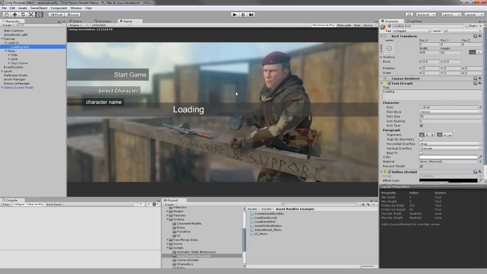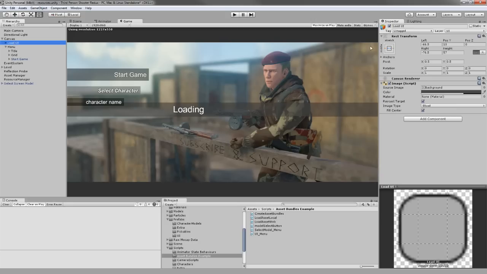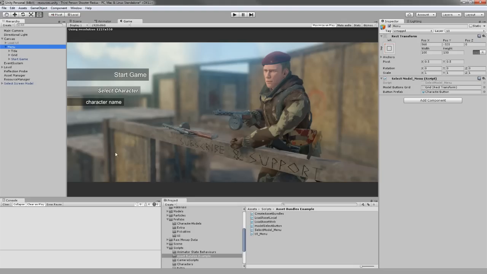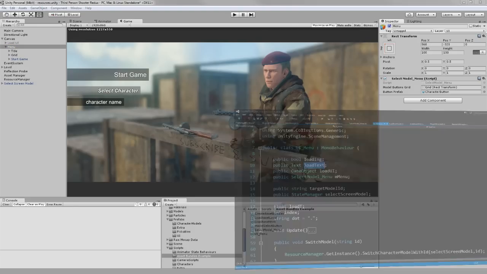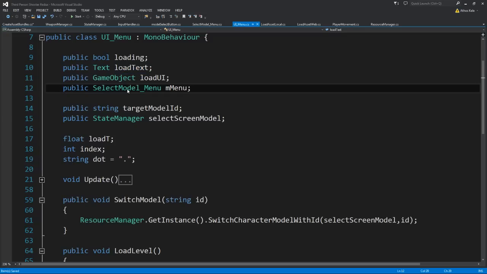Just a panel, and inside it there is a text. And I'm going to close it. The menu has all this stuff over here, and I have it under the same game object, so I can open and close it. The load UI is the actual game object that has the loading text, and the select model menu is the menu we actually saw. But it's not the game object, it's another script we're going to assign